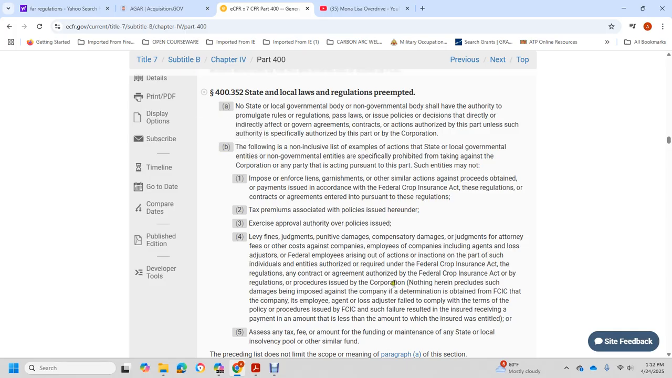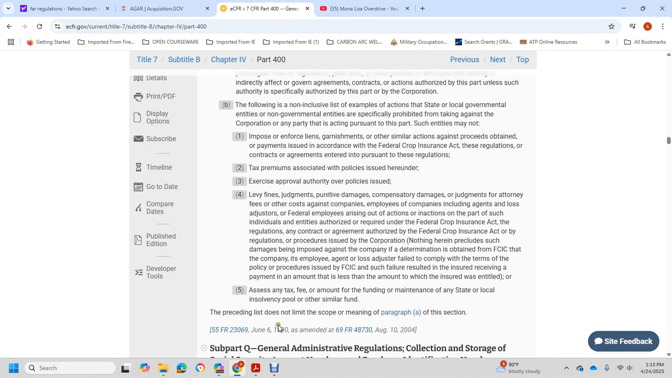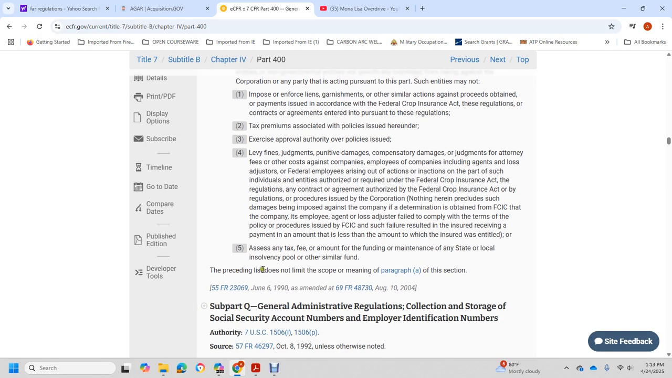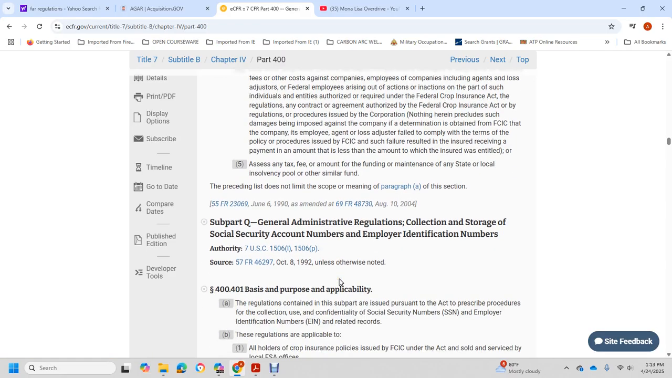So it's a result of the insurer with the receipt with the payment of the amount with less of the amount insured with the entitled with the excess any tax fee with the amount with the funding with the maintenance with the state with the law with the insolvent with the pool of the other similar form of the proceeding listed does not list and limit the scope of the meaning of the paragraph A of the section subpart Q